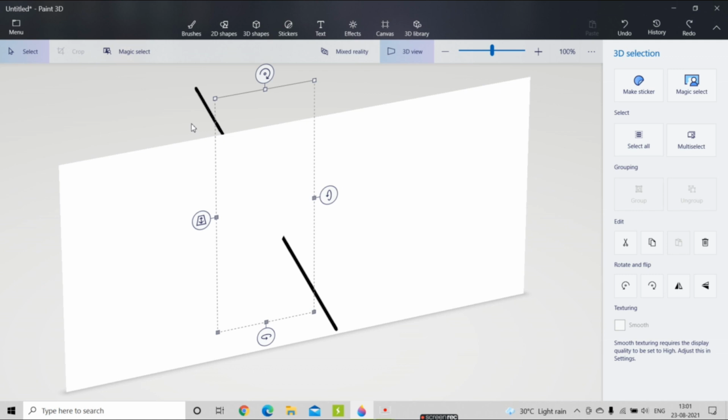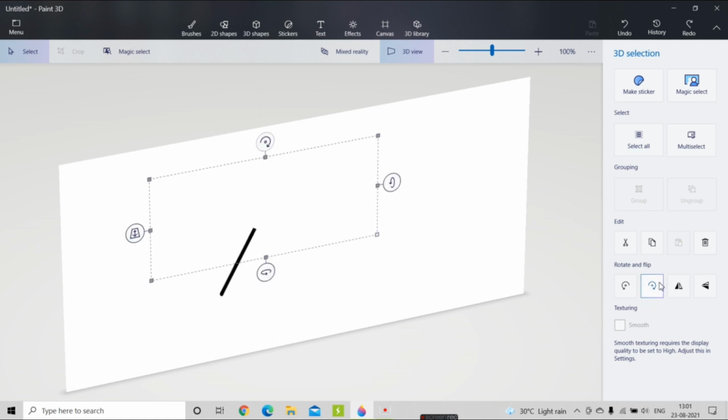That means from the canvas it will seem like it has gone through the canvas, right? You can also rotate like this. Here you can get lots of options in 3D view, that is, how you can rotate this object, and it seems like it is outside of the canvas, right? See.